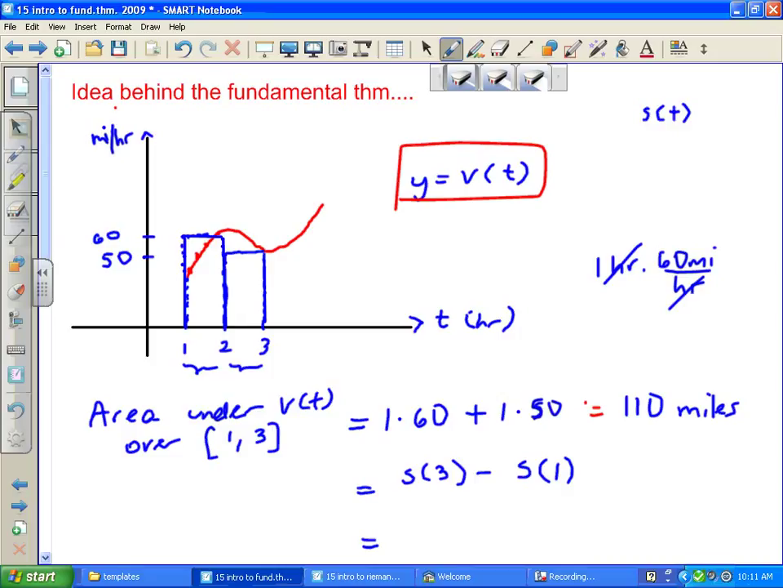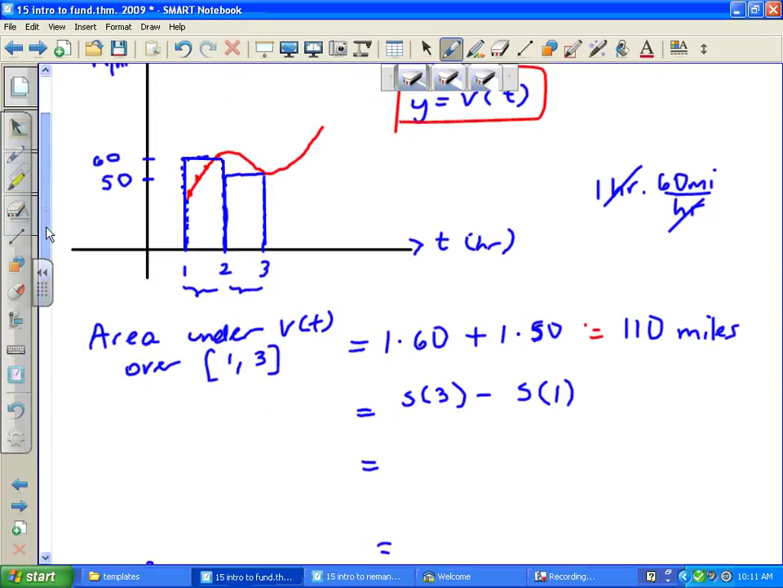So how much was traveled between the first and the third hour? You say 200 miles minus 90 miles, that would be like 110 miles, right? So in other words, S of 3 minus S of 1 gives us the total distance traveled between the first hour and the third hour. Now, another way to write S of 3 minus S of 1